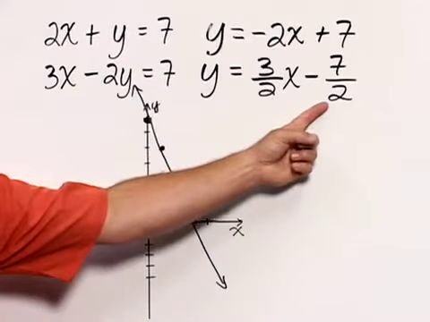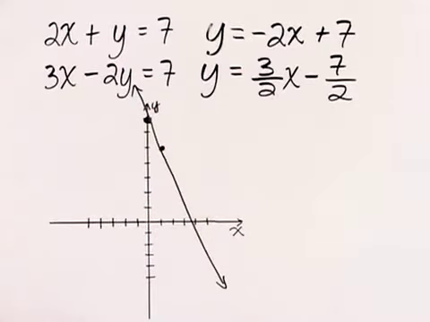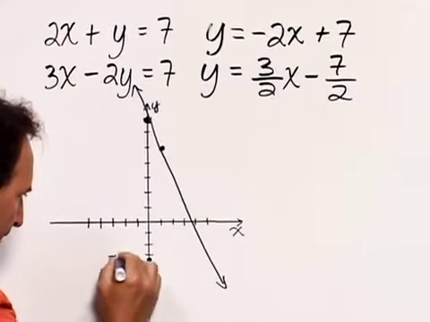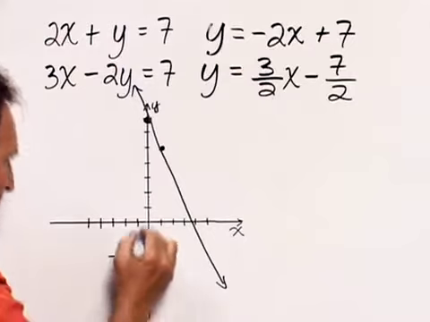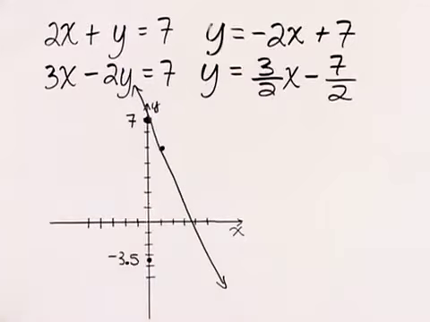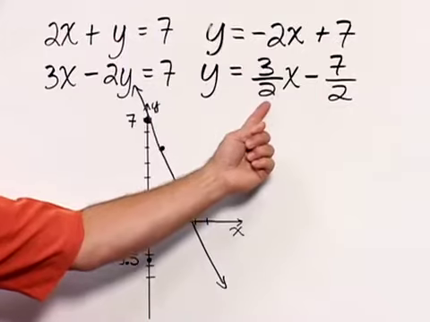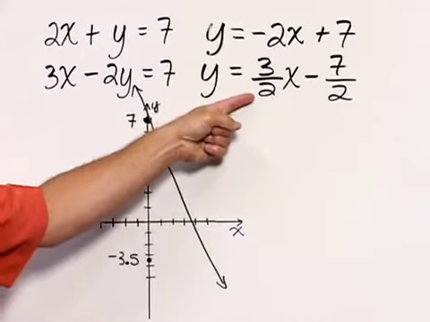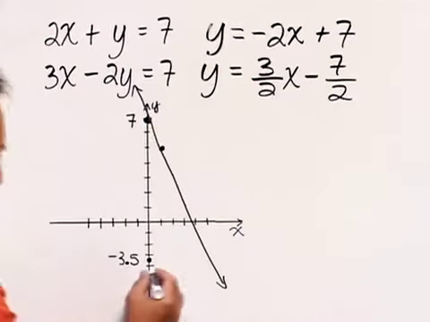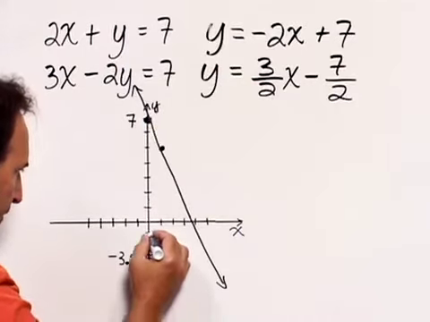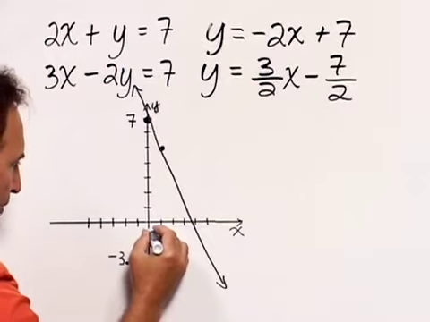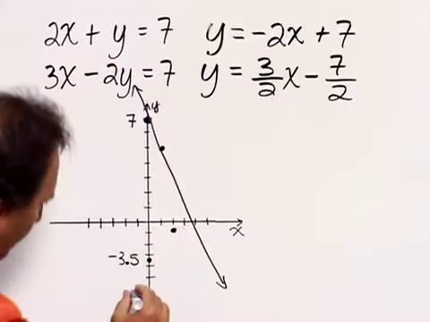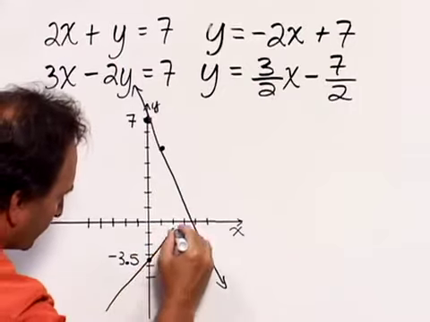In this case, the y-intercept is negative 7/2, which is negative 3.5, so that would be down here. Negative 3.5. Let's label that as 7. The slope this time is positive 3/2. So the rise is go up 3, the run is go right 2. So we would go up 3, 1, 2, 3. Then we would go over 2, and that gives us our second point. We then draw our line through those,